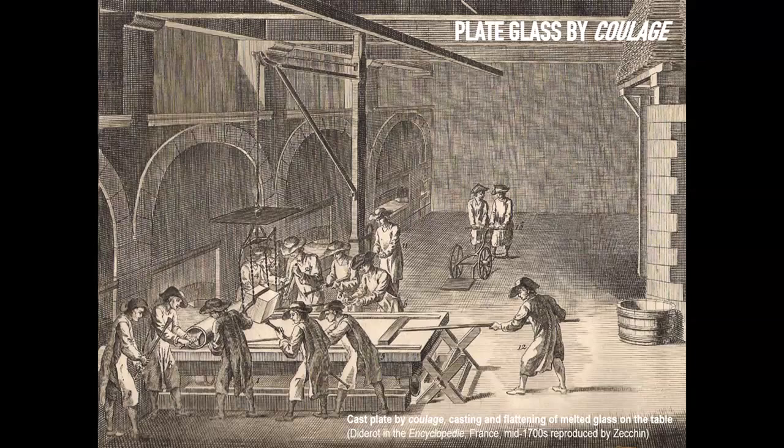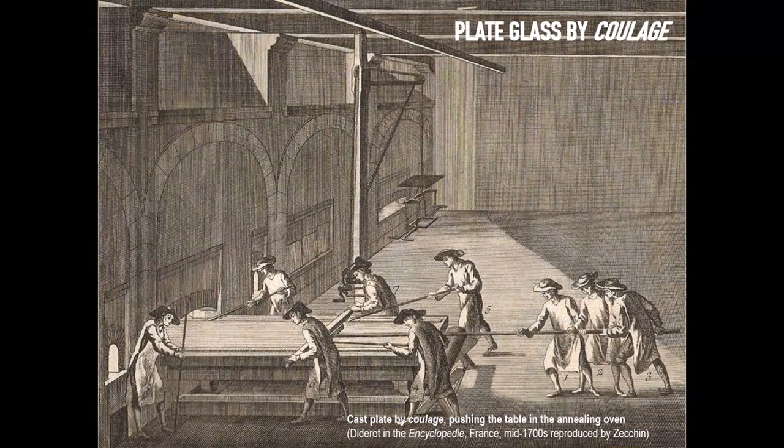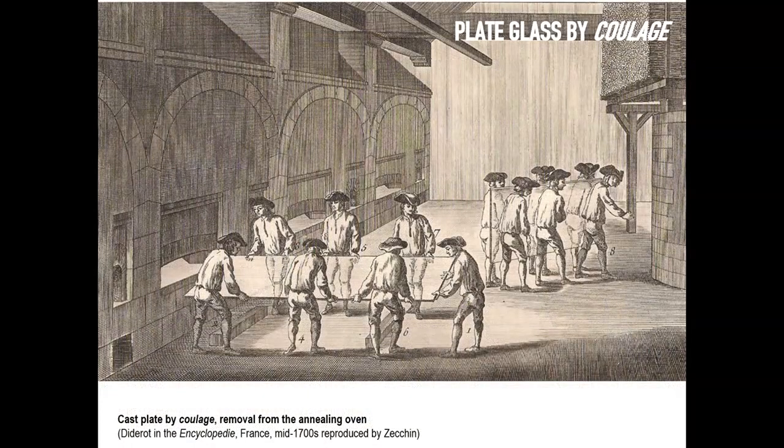With these larger methods, they were able to achieve sheets of glass that were not available with any of the other previous methods. So you can see here the process where first the glass is cast, then it's reduced to a fairly consistent sheet, and then it is annealed soon after to ensure that stresses on the faces of glass are distributed evenly so that glass can be worked further, and then eventually extracted from the annealing layer with some certainty that it will not break, and then taken to a polishing workshop